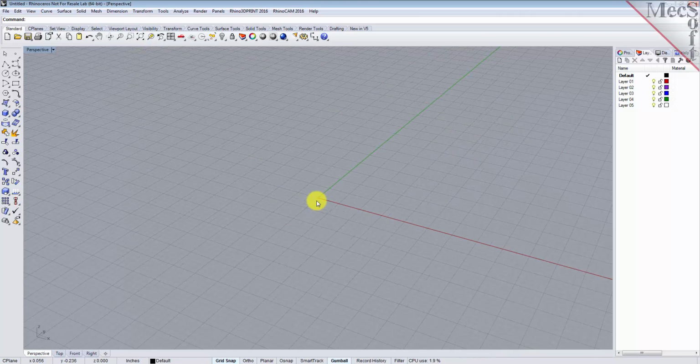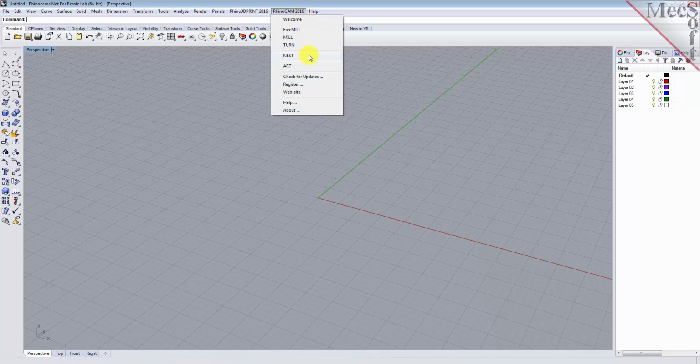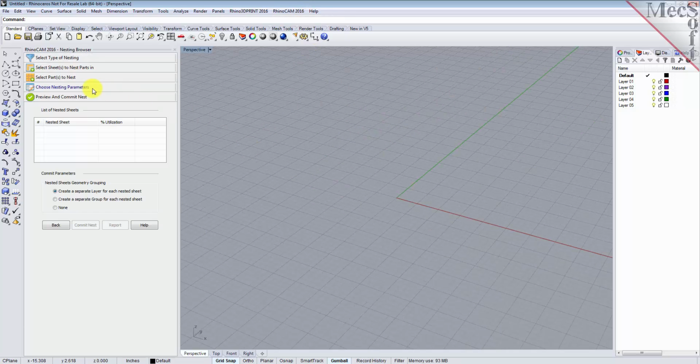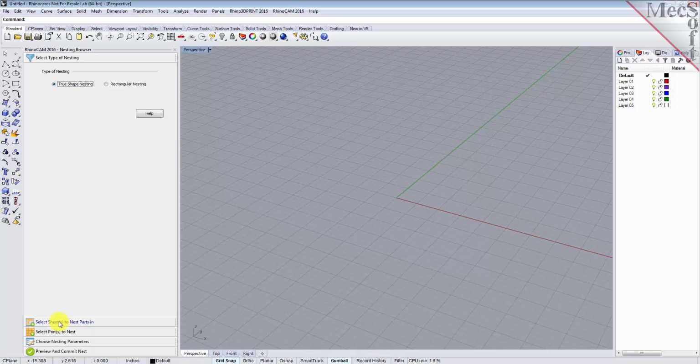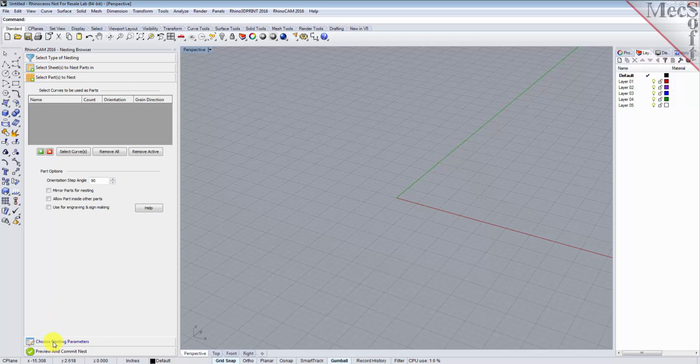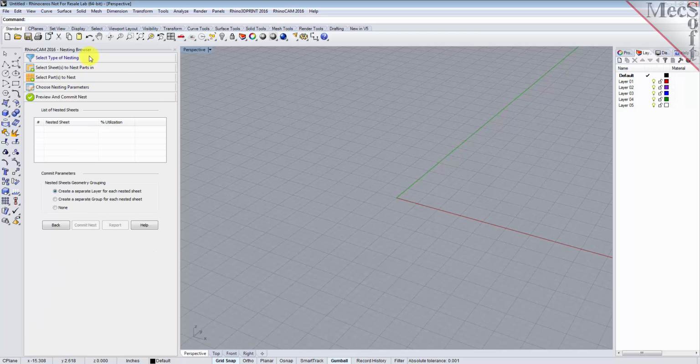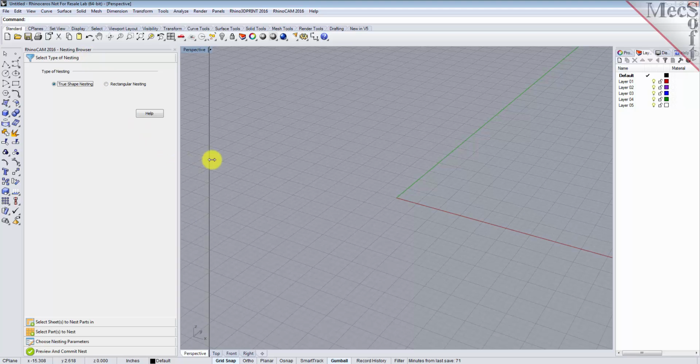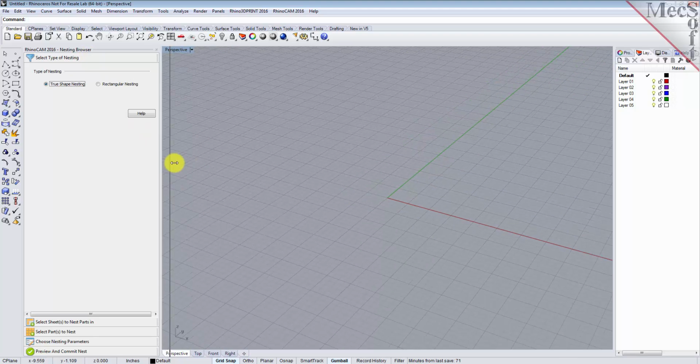From the Rhino main menu bar, you will see the RhinoCAM 2016 menu item. Drop down the menu and pick NEST to load the nesting module. Docked on the left, you will see the nesting browser. Notice that it is organized into tabs, representing each step in the nesting process. You can resize the width of the browser, making sure that all of the command icons and menus are easily